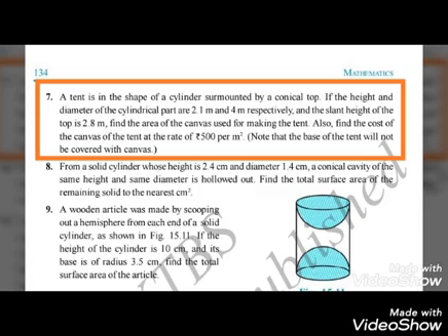So here we have to take the curved surface area of a cone and curved surface area of a cylinder. And also we have to omit the base. Already in the note itself they have given, we have to remove the base. So here the radius of a cone and radius of a cylinder both are same. So first we have to find out the total canvas, how much we need to make a tent, and next we have to find out the cost. Now we move on to the solution.